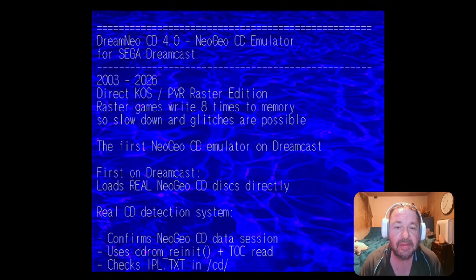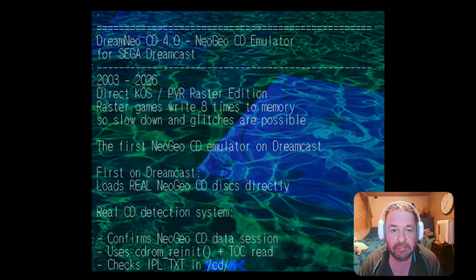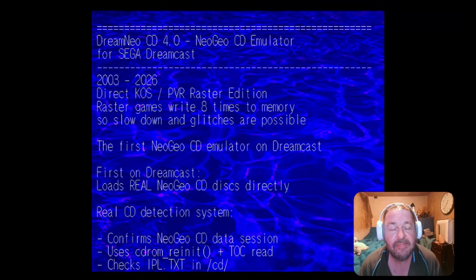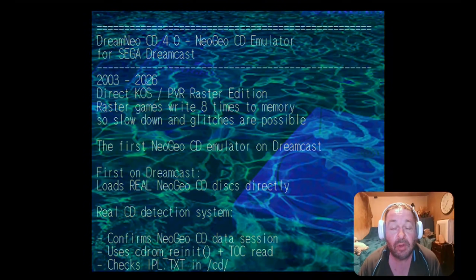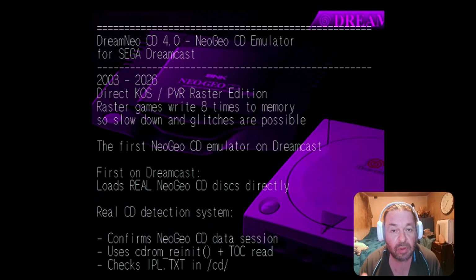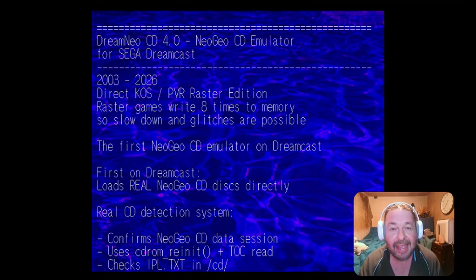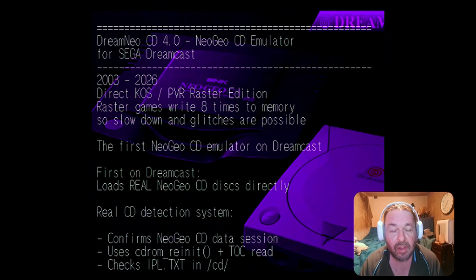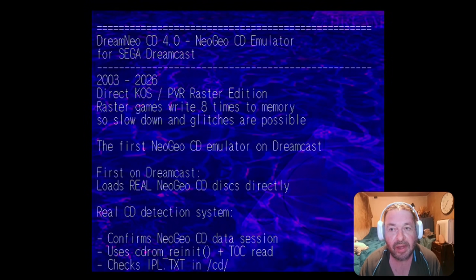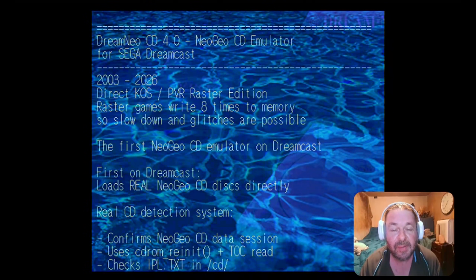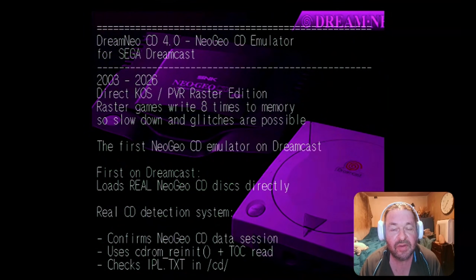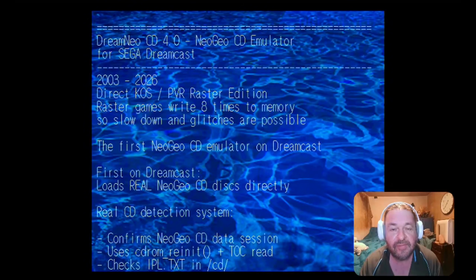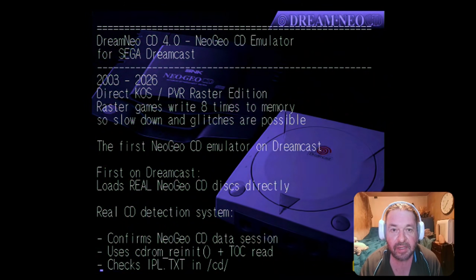Now, Spin Masters was the hardest thing I've ever had to implement because the base emulator never ever had scanline or raster effects because, well, for example, you have to write to the screen 2 to 8 times. So if you're only getting 60 frames a second on a normal game, if you're writing to it again and again and again, of course it's going to be too slow to even play. So that is why most emulators, even on the PS2 and even on the PSP, most of the raster effects are limited or do not exist because